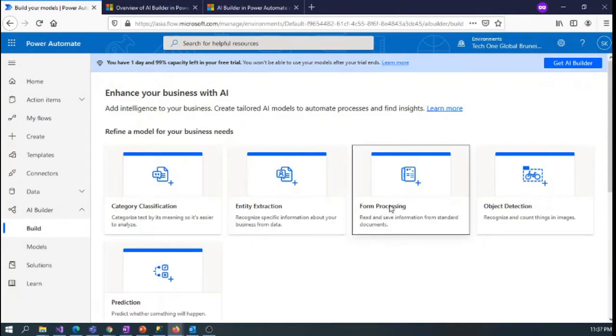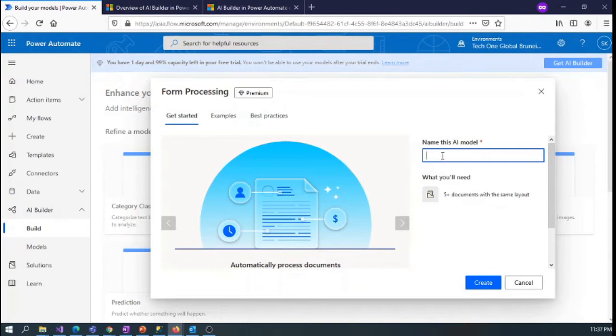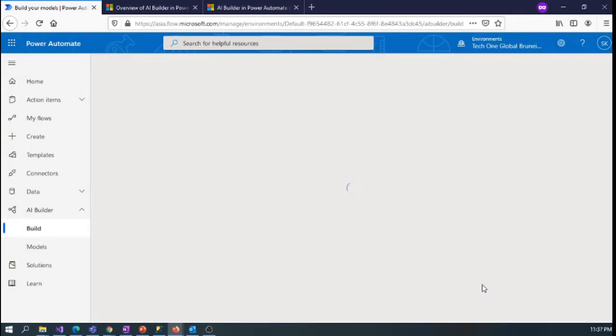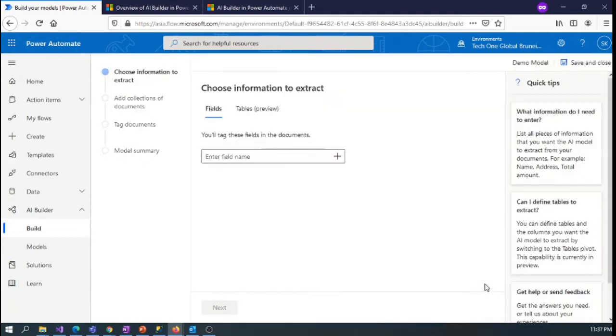So I am going to add a new form processing model and give it the name demo model. Now we have to define the fields from which we are going to extract information from our documents.